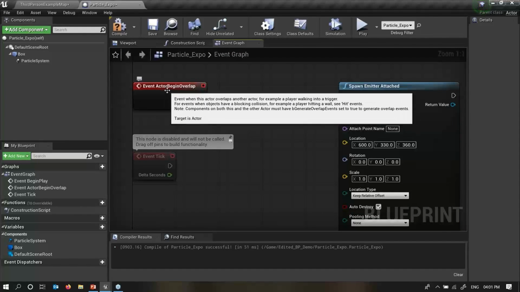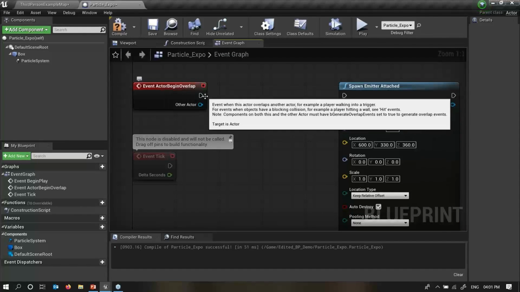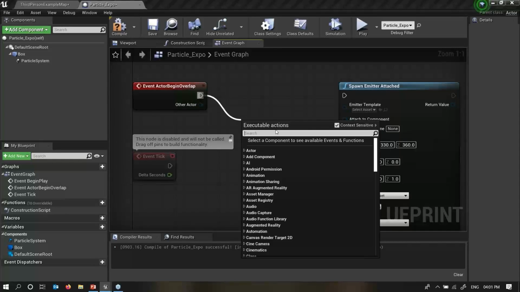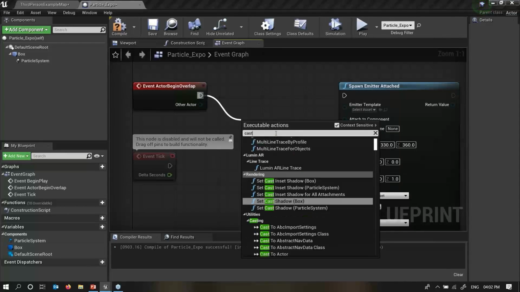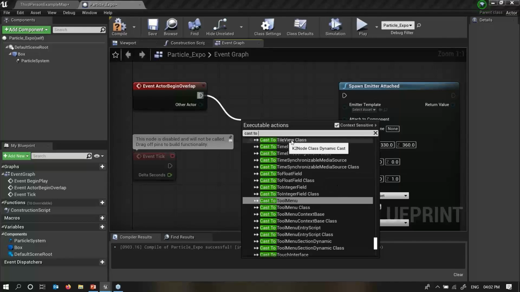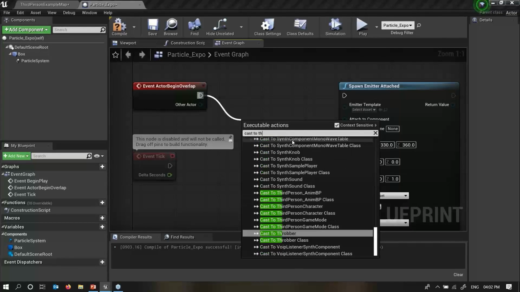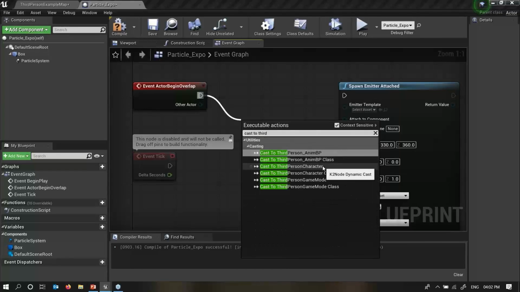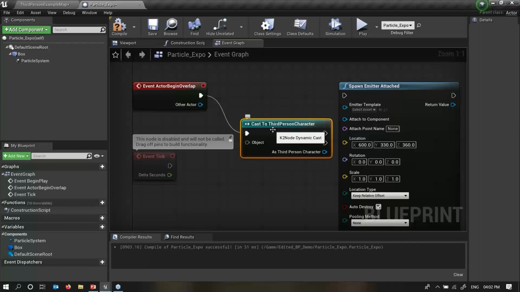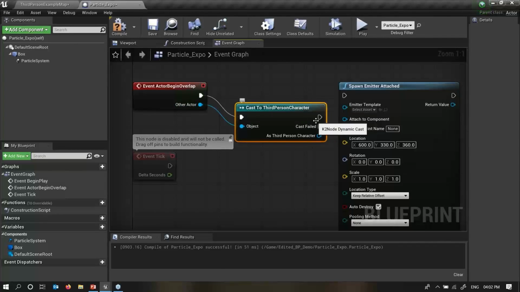Here, event begin overlap, we need to assign a node. And that node is cast to third person character. Cast to third person character, other actor will combine with this object, and this output execute pin will go into this. If I say compile,